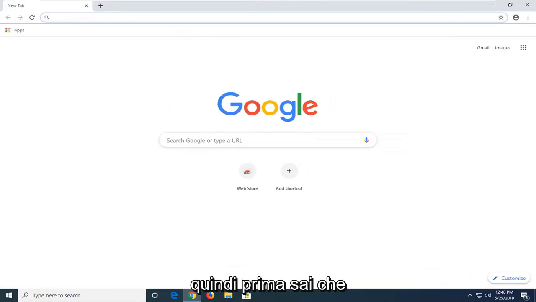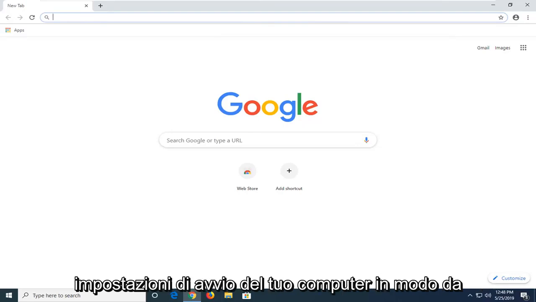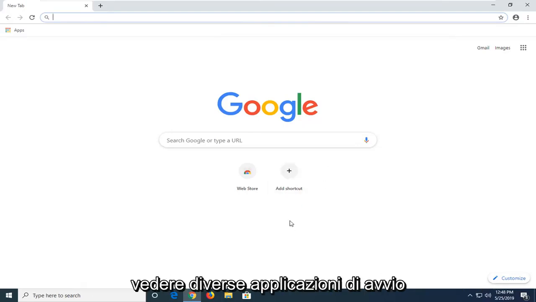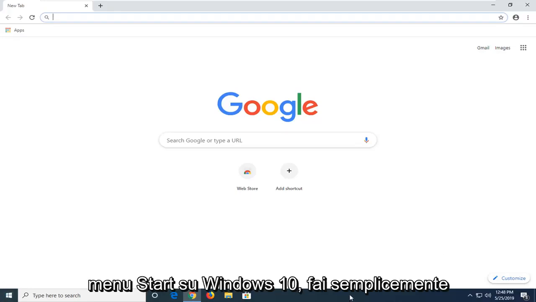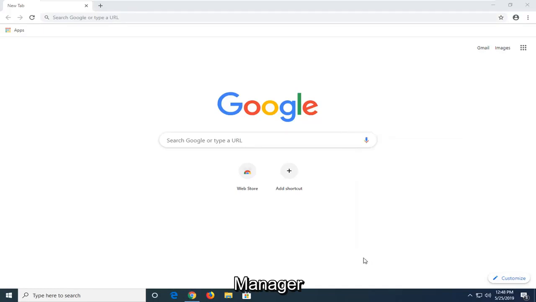So first thing I would personally check would be to go look into the startup settings of your computer. So seeing different startup applications that may be starting up your computer. If you're on Windows 7 or Windows 8, you can just go ahead and type in msconfig into the start menu. On Windows 10, just right click on the taskbar, left click on Task Manager,